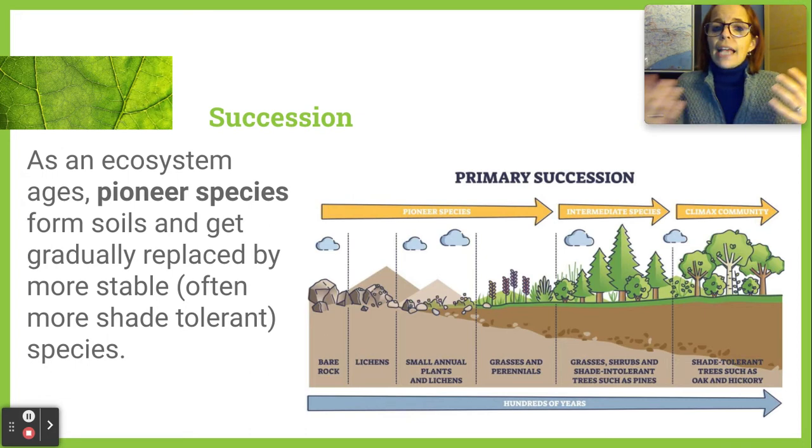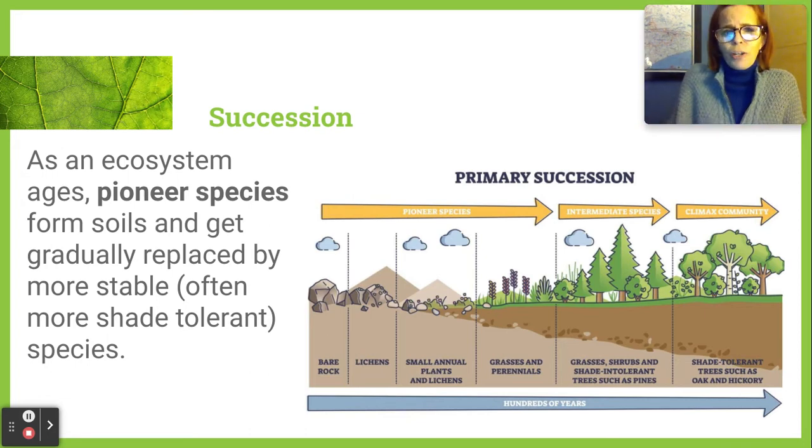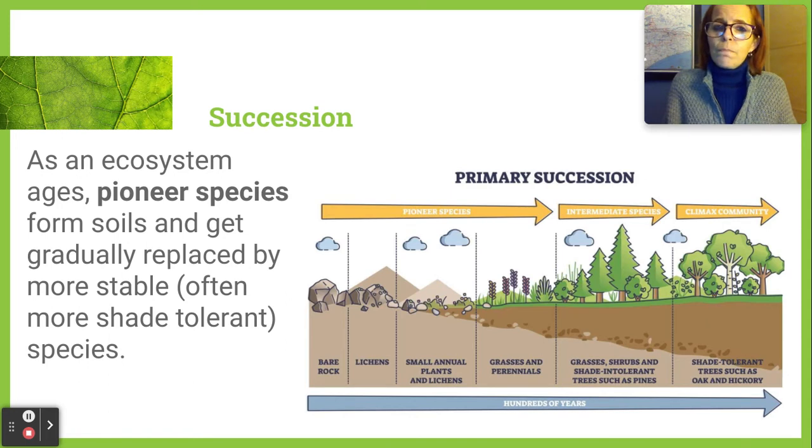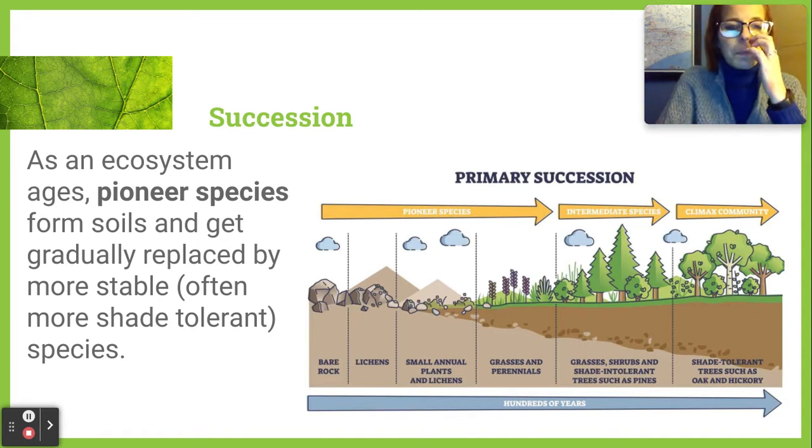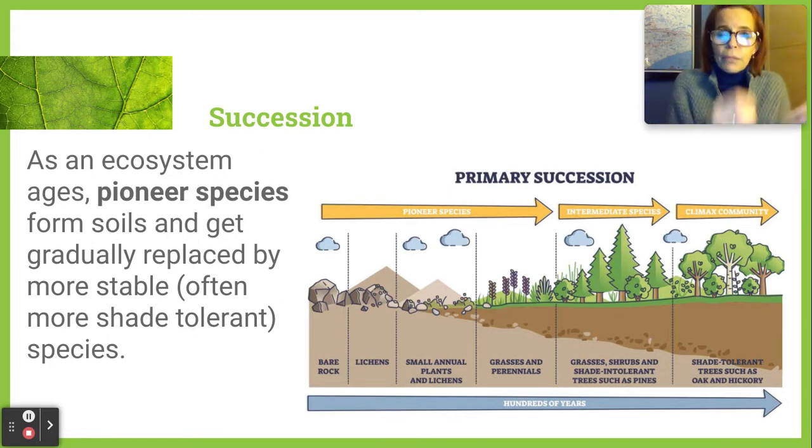So what does that mean, an ecosystem ages? Well, an ecosystem has a starting point, just like the planet had a starting point. So for example, after a volcano, there's now a new ecosystem. We have nothing but rock or lava. There's no seed, there's no soil, there's no plants, there's no animals. And over time, and it might take hundreds or even thousands of years, we form all these different ecosystems on this lava field. So succession is the process of these pioneer species that come in first, hence the name pioneer, and they live and die and live and die on the soil, on the lava.